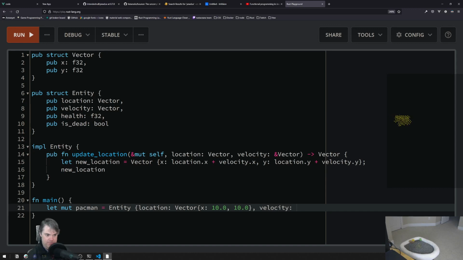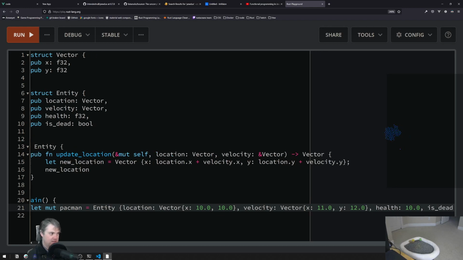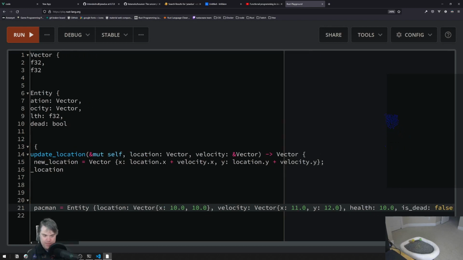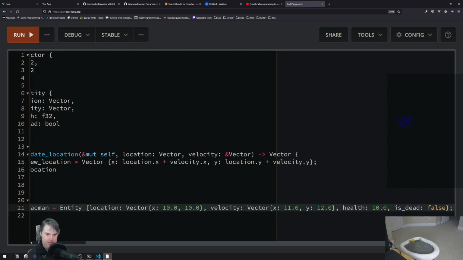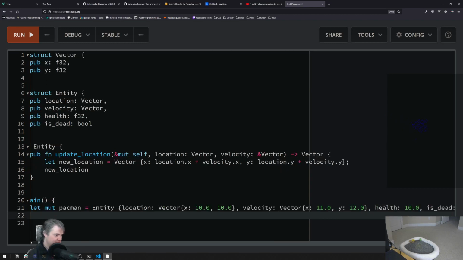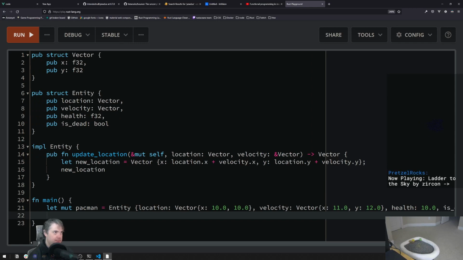Velocity is a vector of maybe 11.0. Y is going to be 12.0. We have health, which is 10.0, and we have is dead, false. I think I did that correctly. Okay, so now I have my Pac-Man vector, and if I want to update its location, I'm going to run